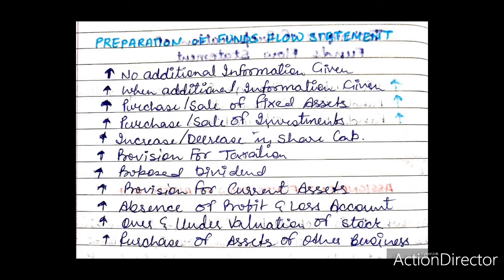Provision for current assets. Sometimes the firm might have created some provisions against current assets to protect from probable losses. Two of these provisions are provisions for bad and doubtful debts and provision for discount on debtors. These provisions are usually shown in the balance sheet by deducting from the amount of debtors. The treatment of these provisions in the funds flow statement is made by one of the following methods.